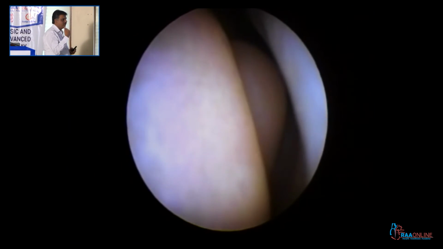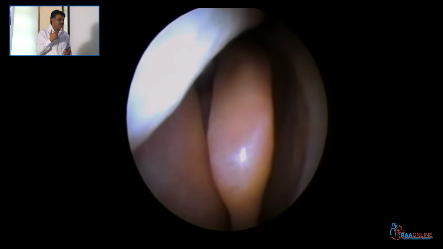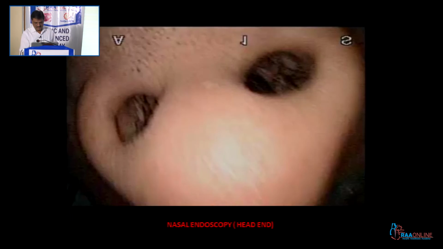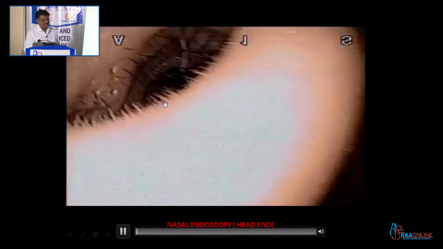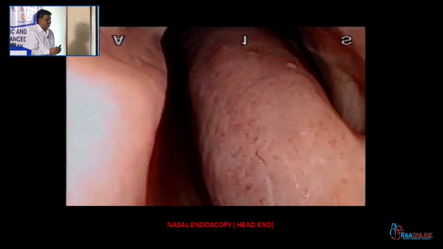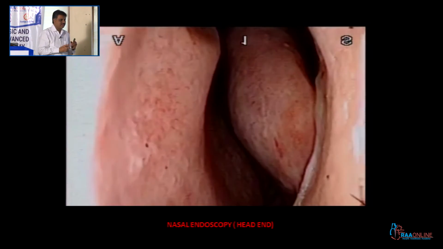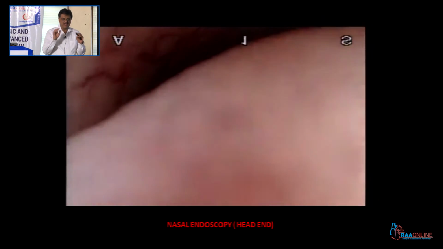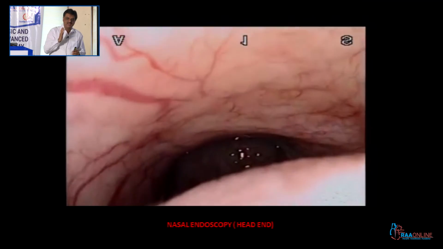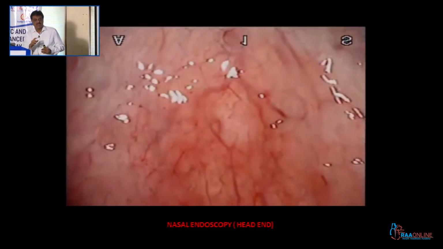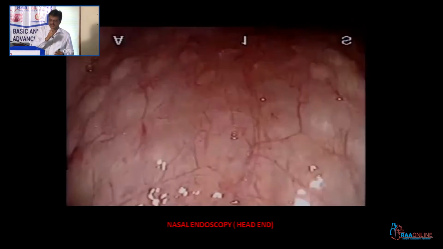In front, you are doing in front or from the back end of the patient, head end of the patient? Sure? Let's look at another video. This one is? Sure? Right, left, up, down, head end, front end, confused. So my job is to give clarity about this. How to identify the structure, nasal structure, and which side you are passing. You should be able to identify this thing.